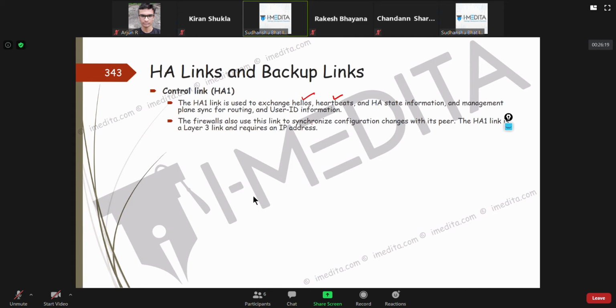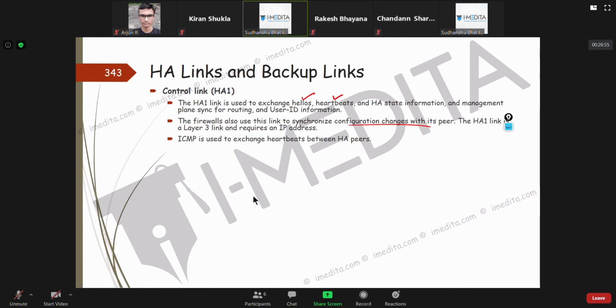Firewalls also use this link to synchronize configuration changes with the peer. If you make a security policy on one firewall, that firewall is going to push it to Palo Alto 2 using the HA1 link. And the HA1 link, like I told you, is a layer 3 link and requires an IP address. Because you always have an IP address on the management interface, you can use that if you want to save on the number of ports used.